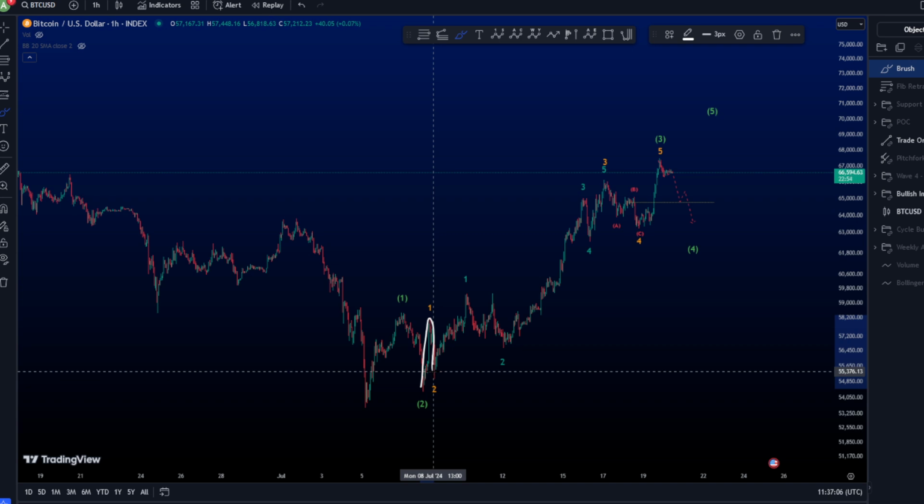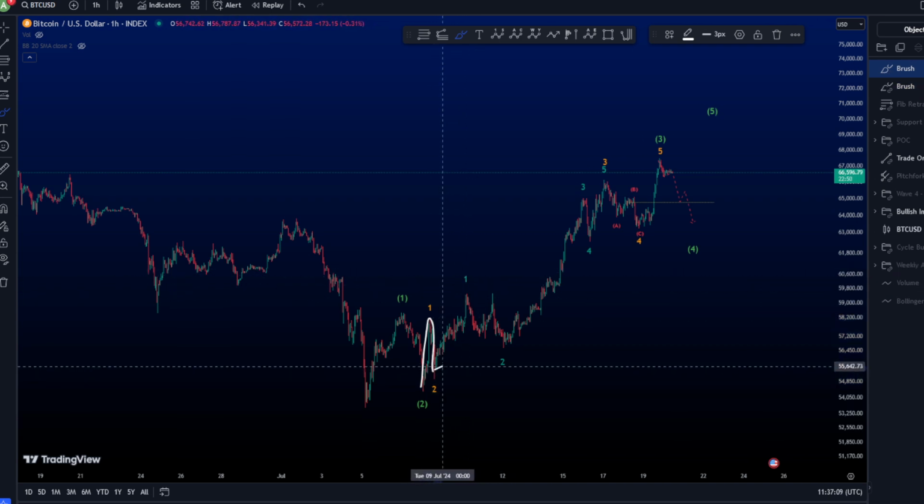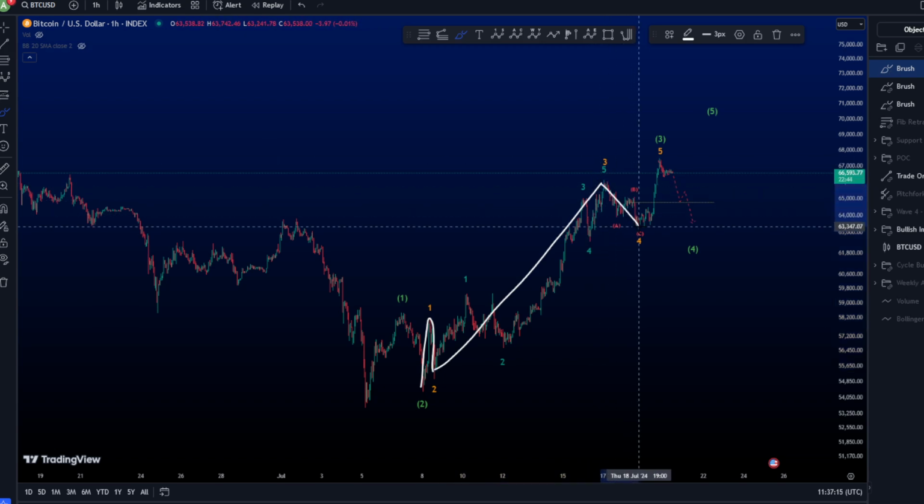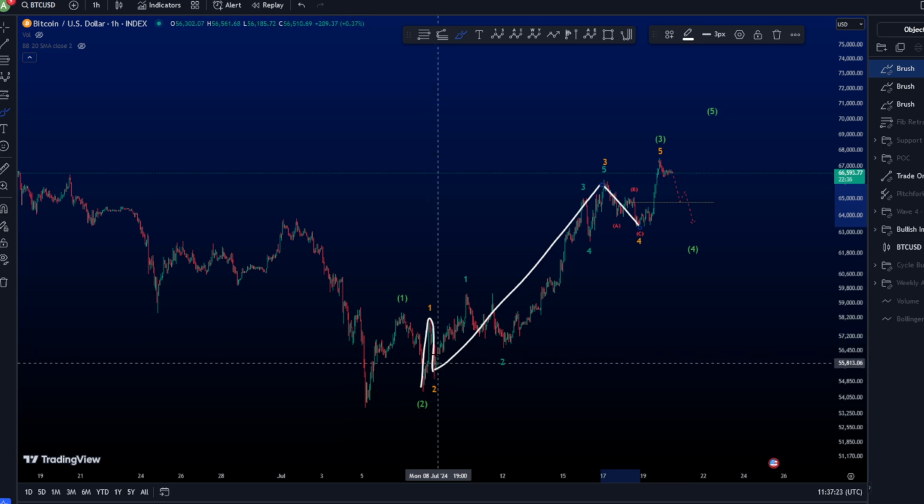Now we consider the previous teal inputs as a wave 3. Here we go. This is wave 3 now in orange. Then 4, so the last correction that we had, which is sideways, could be the correction of this 2 here,